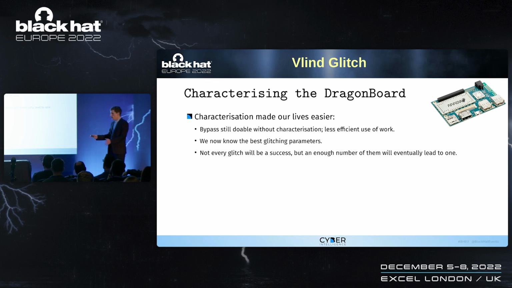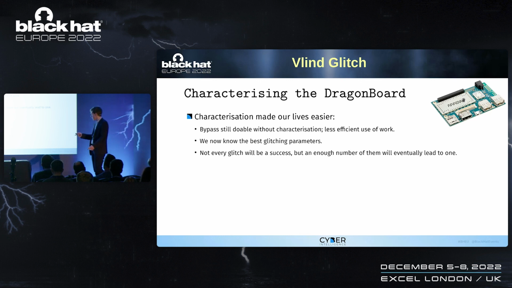But okay, we are going to face devices where we do not have the keys. We will not be able to characterize the device because we do not have the keys. All this talk, our main objective is to approach a device without the keys. Characterization is still doable. It will depend on the device and the different triggers and characteristics of the device, but it's still doable. In this case, we took this approach in order to better explain what we did and how we did it, and to help us know the best parameters